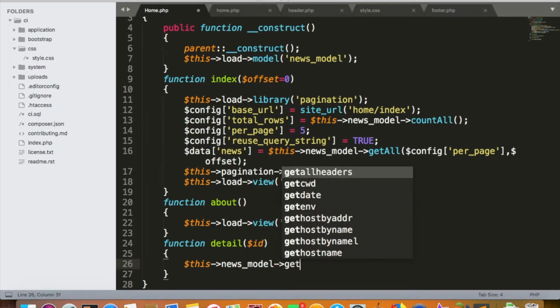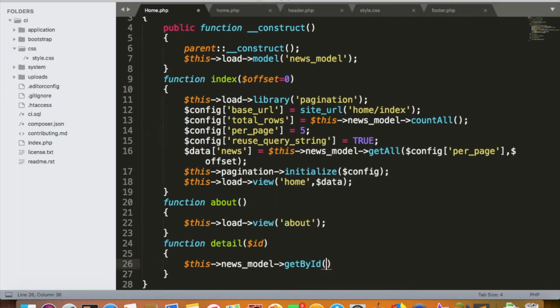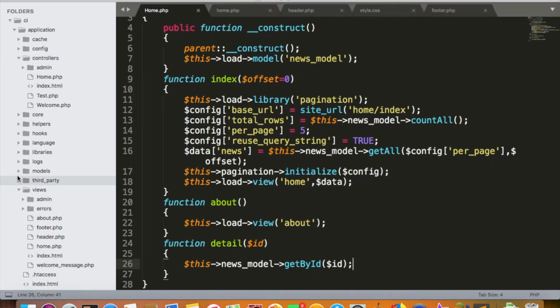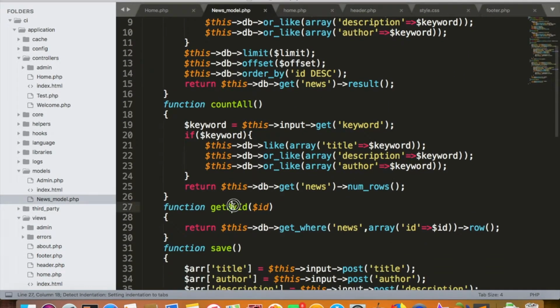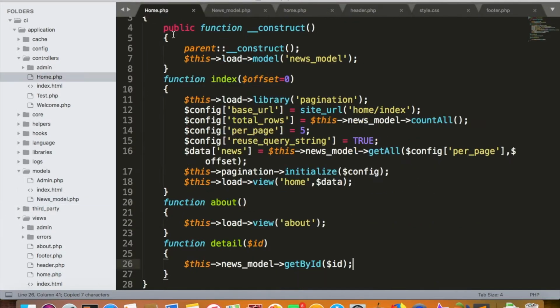I think I have a function called get by ID, and just call it and pass the ID over here. Let me just cross check if I have a function called get by ID inside news model, and here we go, we have a function, right? So it is returning a row, and